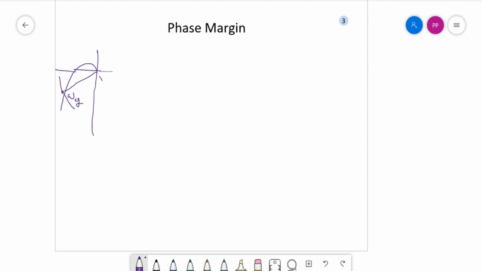So this magnitude is definitely 1. If the value of gain increases, naturally this will shift upwards like this, and in that case this angle will keep on reducing. So this is basically the angle of the phase margin, how much margin you have before the system reaches the